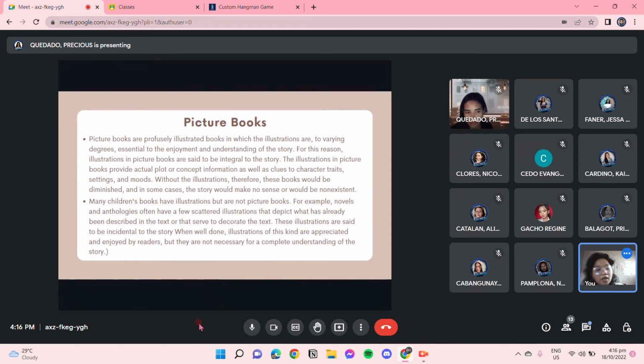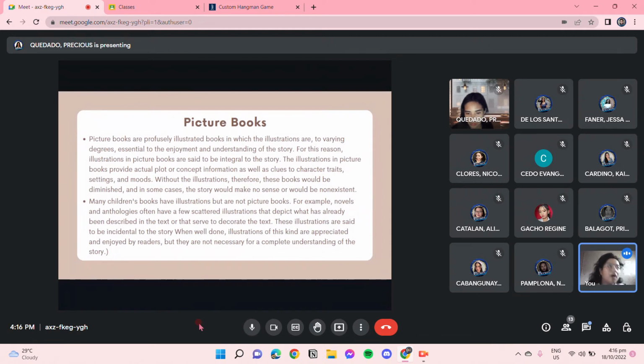settings, and moods. But it is not always so. Some picture books only illustrate one scene in the story, and it will also help the children to understand more. One specific illustration will help the students to have an imagination. Many children's books have illustrations but are not